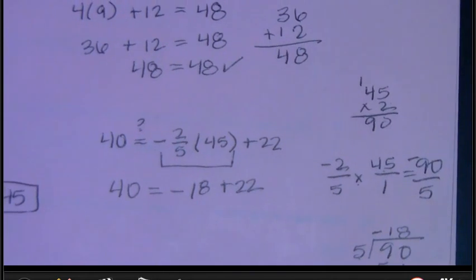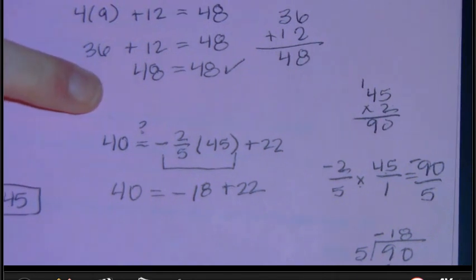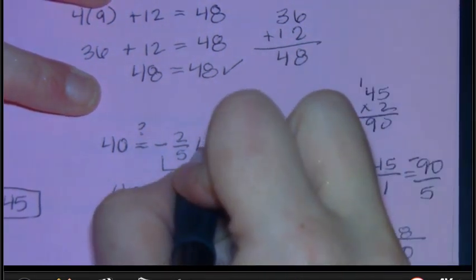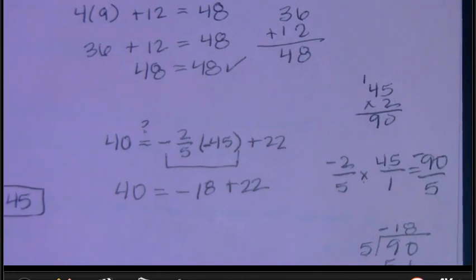Hang on. 40 minus 22 is 18. Divided by 2/5 is 45. Okay, so times 2/5, give me just a second, is 18. Oh, that's right. Right here. I was missing a negative